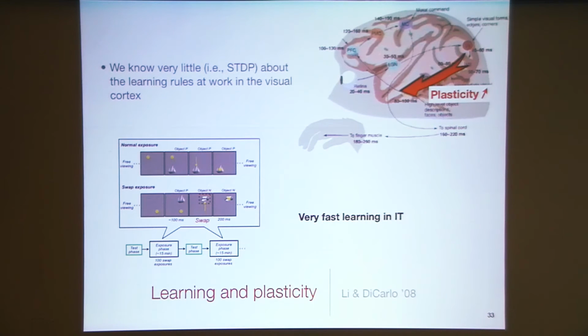So for instance, there's a paper that was published a couple of years ago in the group of Jim DiCarlo. Although the emphasis of the paper was about learning of invariances, I take this paper from a slightly different perspective. What they've shown essentially is that just by messing around with the visual experience of the monkey for 10 minutes, so what they did is they asked the monkey to fixate on objects, and then they would flash the same object in the periphery, and the monkey was trained to saccade to the other location.